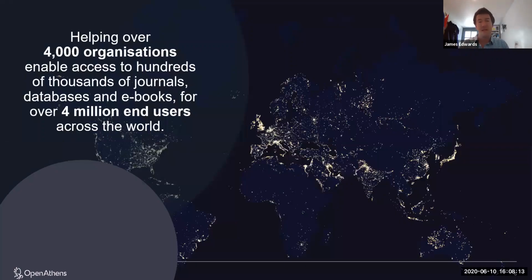So yes, OpenAthens as a product then. We were introduced around the turn of the millennium, and since then we have grown to what we are now as OpenAthens, a fully hosted solution. There are now over 4,000 organizations across the globe using OpenAthens to help their users gain access to content. This means there are millions and millions of users, and there are very few countries where someone hasn't used OpenAthens as a solution.